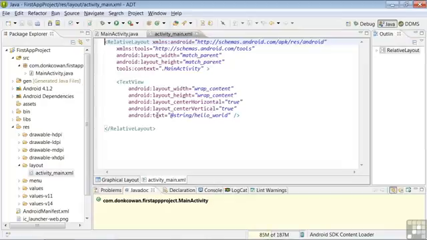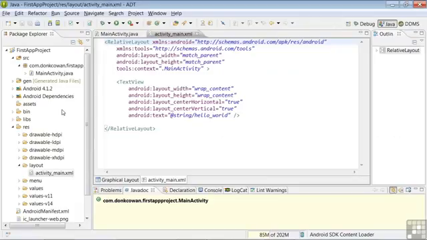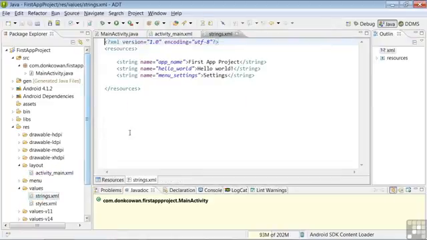And it uses the text attribute to point to the text string for Hello World. Which brings us to looking at string resources. Remember, from the graphic on app components, string values XML controls the content of your string displays. So let's go over to our folders, open up the values folder, double-click on strings to bring it up in